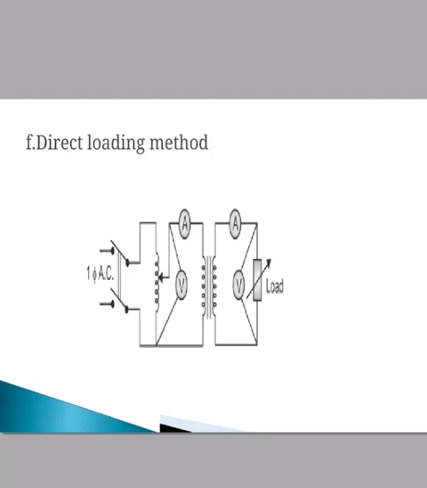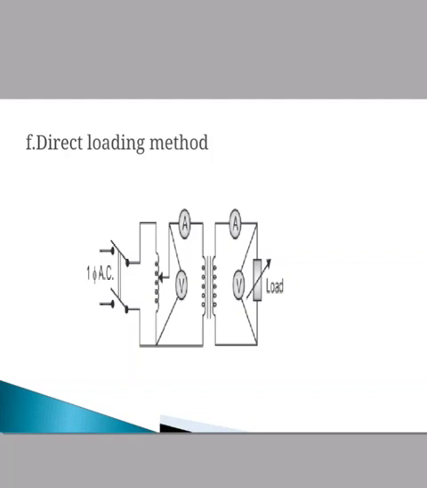In this method, the rated voltage at rated frequency is applied to the transformer primary winding and the load is connected on the secondary side. Already we have shown this in the figure. The load is adjusted in such a way that the ammeter on the secondary records the full load current. At this time, the primary current also will be the full load current, neglecting the no load current, as the ampere turns of the primary winding and ampere turns of the secondary winding are equal.